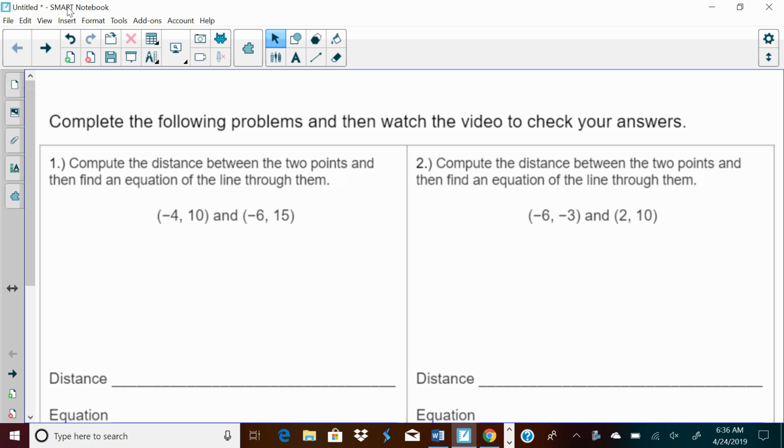Here's the answer for the SLO study guide. Problem number 1, compute the distance between the 2 points and then find an equation of the line through them. For these types of problems, all you're going to do is use the Pythagorean theorem to find the distance. So I know that if I made a triangle,